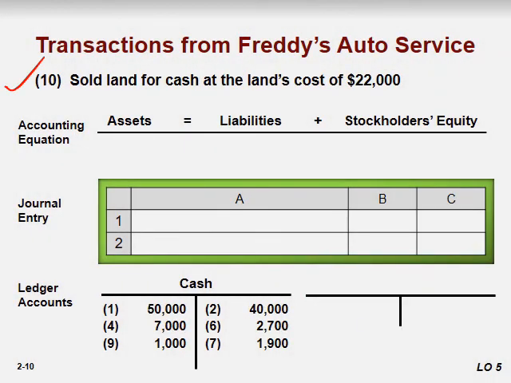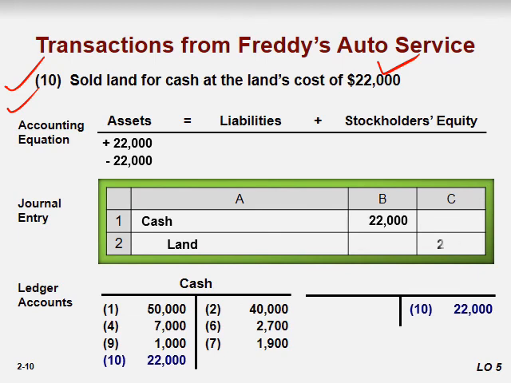The next one is sold land for cash at the land cost 22,000. Just pause the video, try to solve it and post here. Right? Right, we have a previous balance in which we acquired the land for 40,000, and among 40,000, 22,000 is already sold. Okay, let's